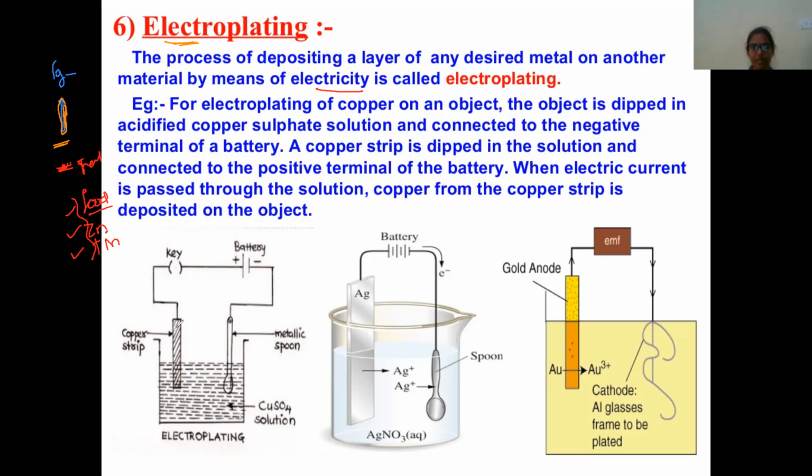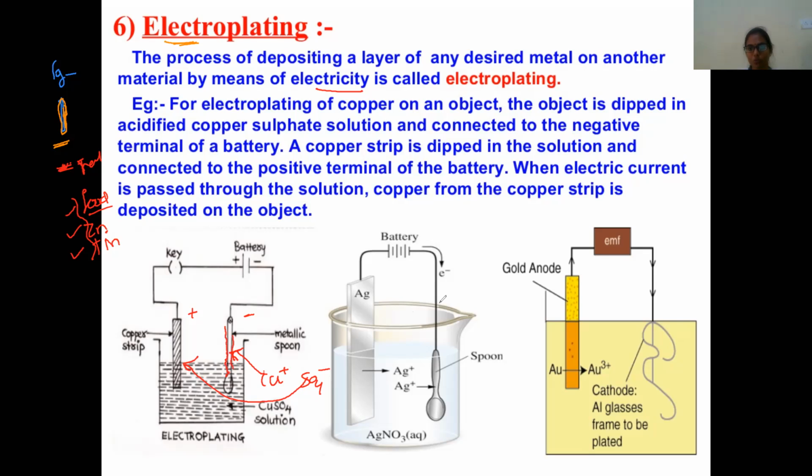See here, we have taken a copper strip and a metal spoon. In that, we need to do copper coating. So how do we do copper coating? We take copper sulfate solution. This splits into copper plus and sulfate minus ions. The copper plus ion is positive and this is negative. All copper plus ions will be deposited on the spoon, and the sulfate ions on the copper strip. Like this, we're going to coat a very thin layer.